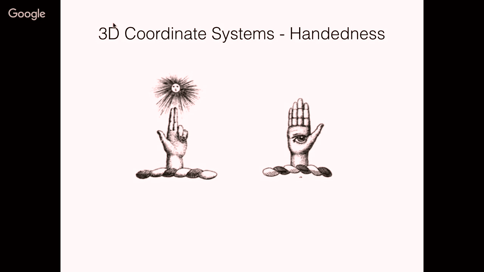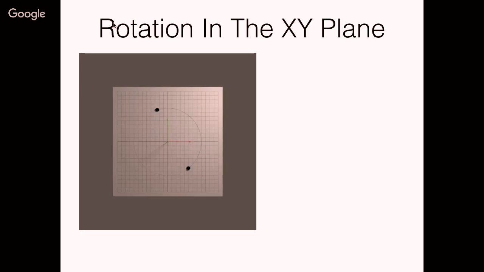Most things these days have right-handed coordinate systems, but sometimes you'll be working with a model in a 3D program and you have to kind of swap around between the two. And it's worth bearing in mind that that problem exists, and it's a source of confusion. I just kind of liked the pictures, so I thought I'd use them.